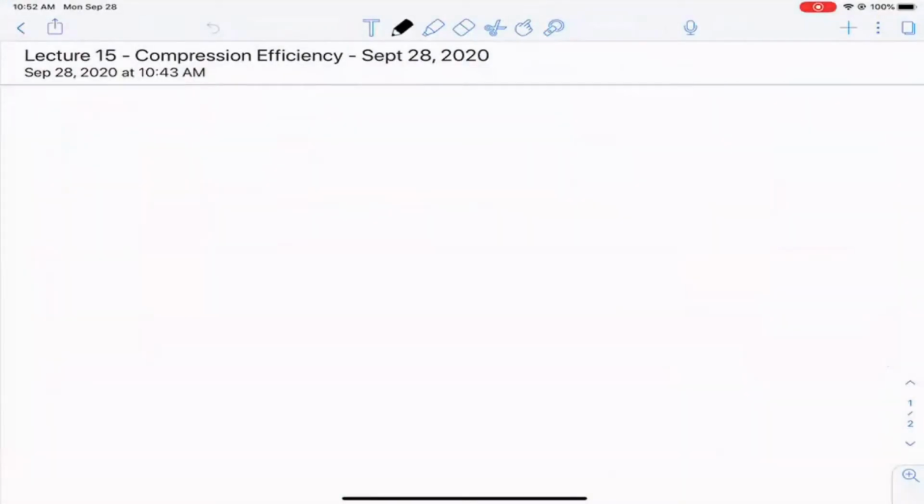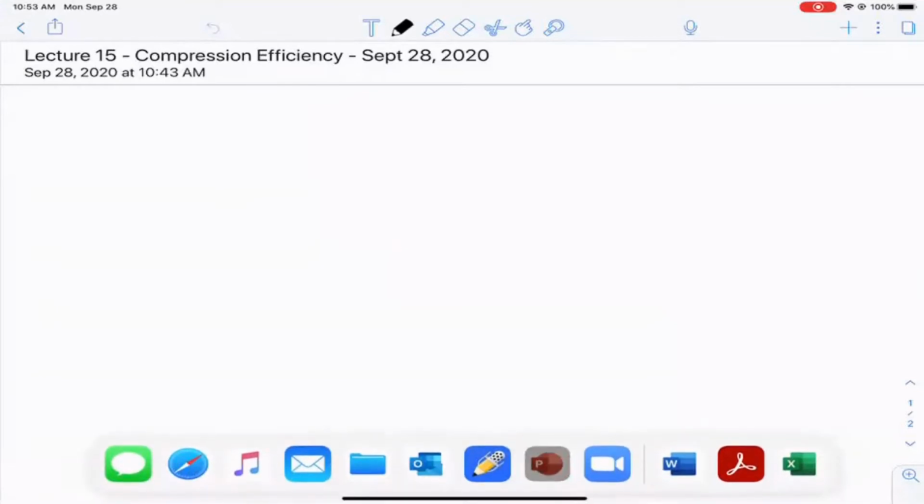In this lecture, we're going to try and advance some of the concepts that we had in lecture 14, where we started to talk about compression, and we just sort of saw the tip of the iceberg with regards to efficiency. So both of the example problems that we're going to work through today deal explicitly with efficiency. And so here, let me bring up